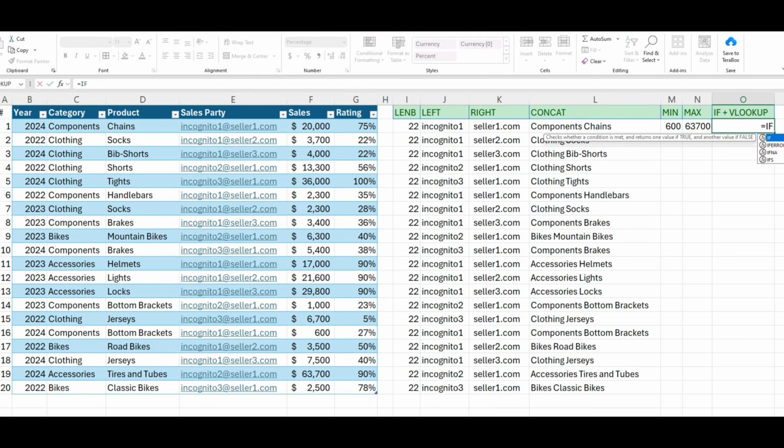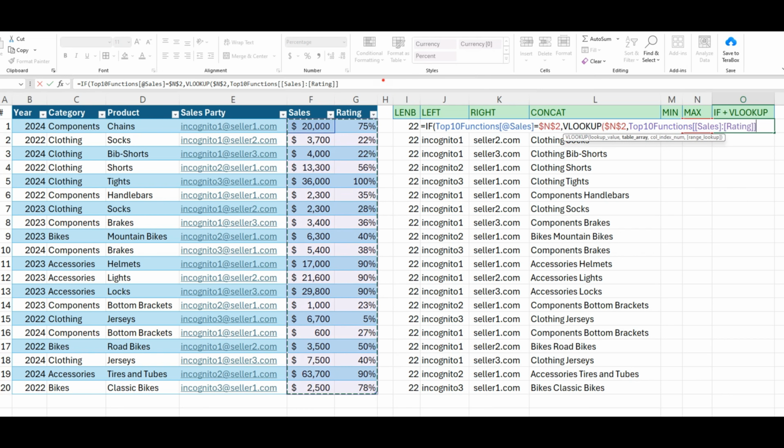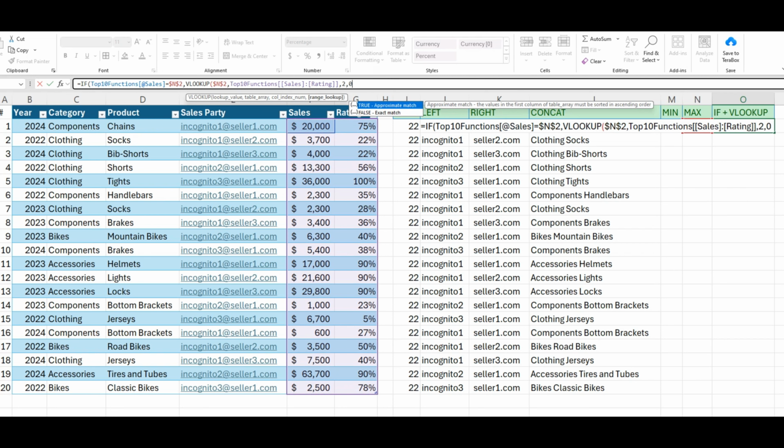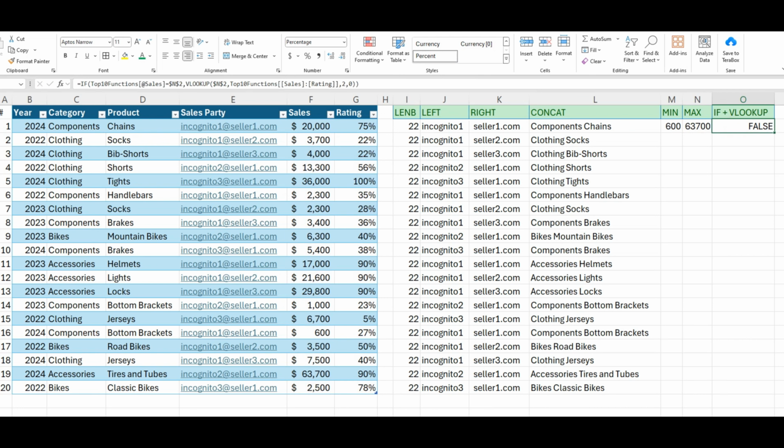So, we will start with the IF function. The condition is if the value in the first cell is equal to the cell where we have the highest value. We add here an F4 to lock the cell as we plan to drag this one down and we don't want this reference to move. Let's continue with the VLOOKUP if the condition is true. We want to look up the highest value. We select the 2 columns where we have the values and the percentages. We specify the column 2 for showing references, and then we add a 0 to use an exact match. We close the VLOOKUP parenthesis, then we close the IF parenthesis, and we hit enter.